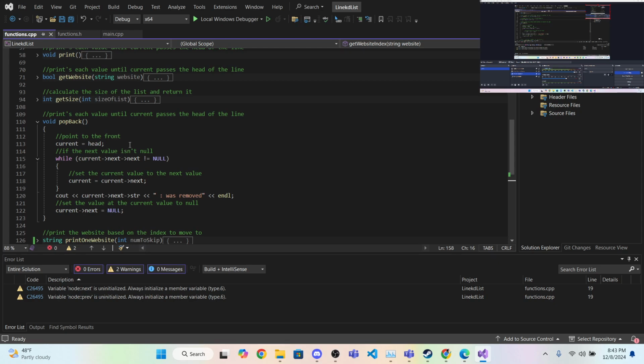Current equals head is essentially just we've already covered this. We're setting it to the beginning, and we're just checking it. We're doing while the next value, so not the value that's ahead, but the value ahead of that one. As long as that one is not equal to null, then we can go on to the next value. But when we're at the value that is the second